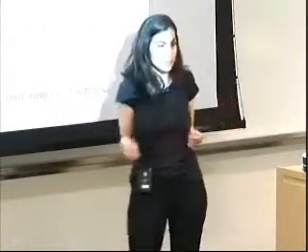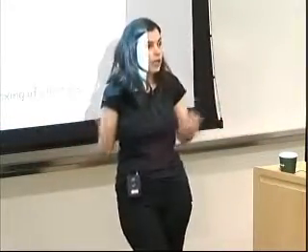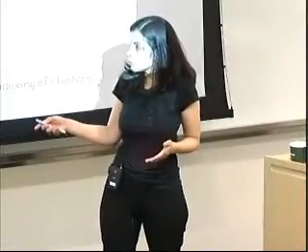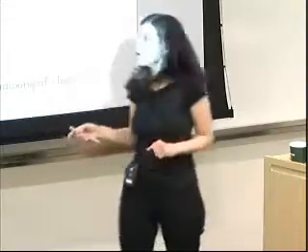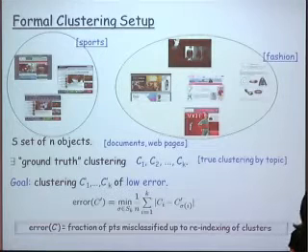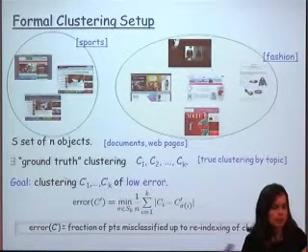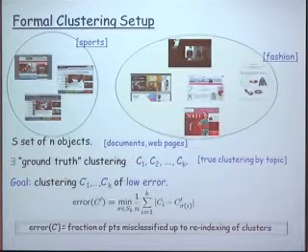Again, the setup here is as follows. We assume that we have a target clustering, C, which is a partition C1, C2, ..., Ck of the whole set of points. If we are given a new clustering C', which is another partition C1', C2', ..., Ck' of the same set of points, then we define the error of C' with respect to C as the fraction of the points that you get wrong in the optimal matching between the clusters in C and clusters in C'. That's a natural notion of error rate.